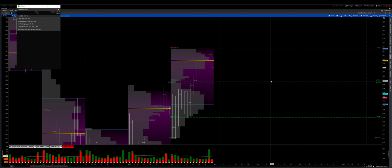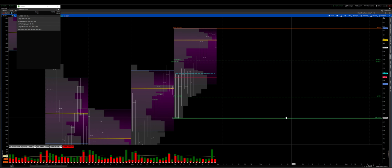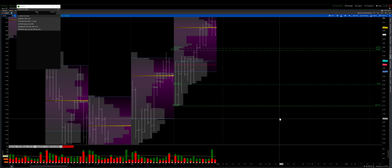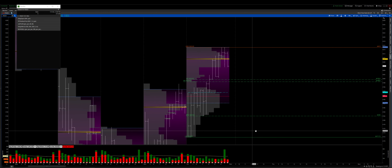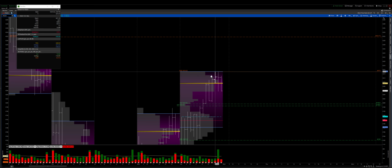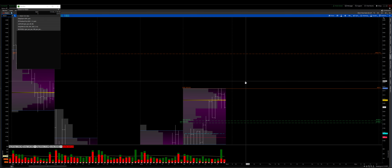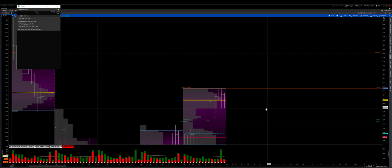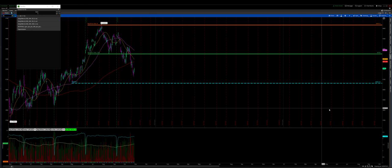Buyers want to open up above 4,200. Basically, sellers want to open up below 4,200 and then take out the day's low at 4175, proving that we just stretched the balance high. Buyers open above 4,200, looking to prove that we were one time framing up by taking out that balance high. Okay, now let's look at the daily just briefly,